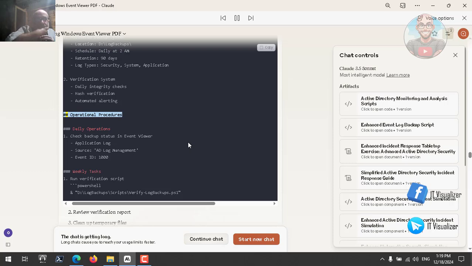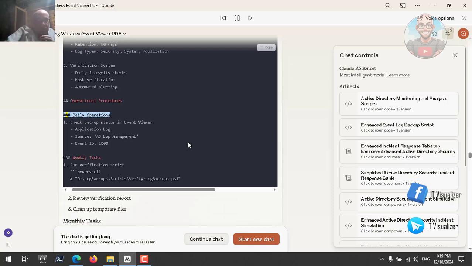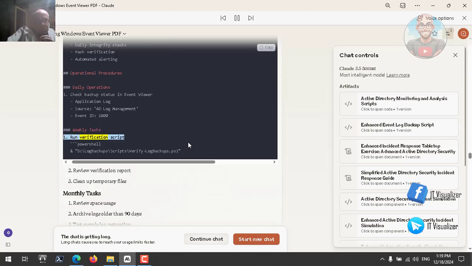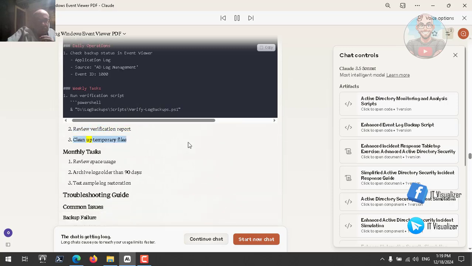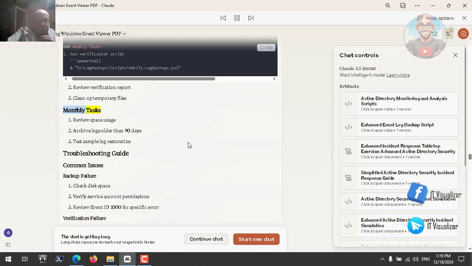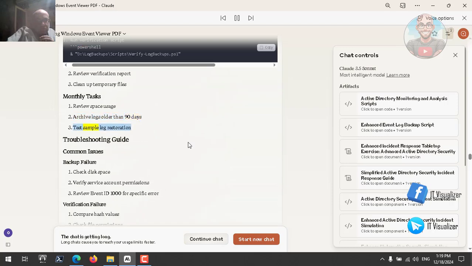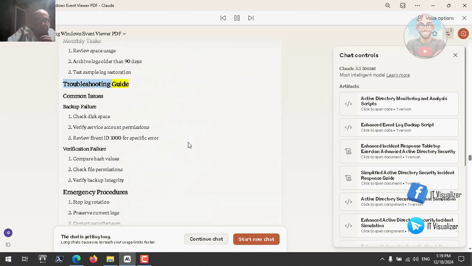- Automated alerting ## Operational Procedures ### Daily Operations 1. Check backup status in Event Viewer - Application log - Source: AD-Log-Management - Event ID 1000 ### Weekly Tasks 1. Run verification script (PowerShell): D:/LogBackups/Scripts/Verify-LogBackups.ps1 2. Review verification report 3. Clean up temporary files ### Monthly Tasks 1. Review space usage 2. Archive logs older than 90 days 3. Test sample log restoration